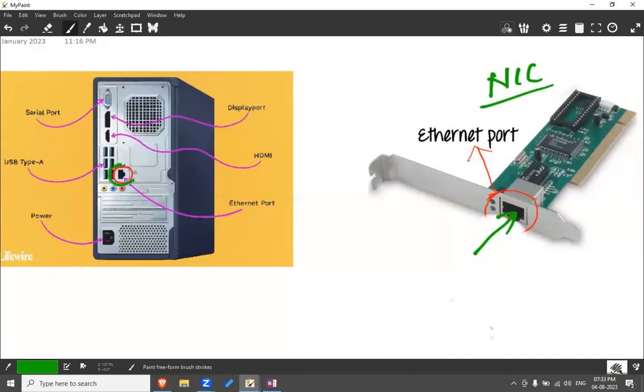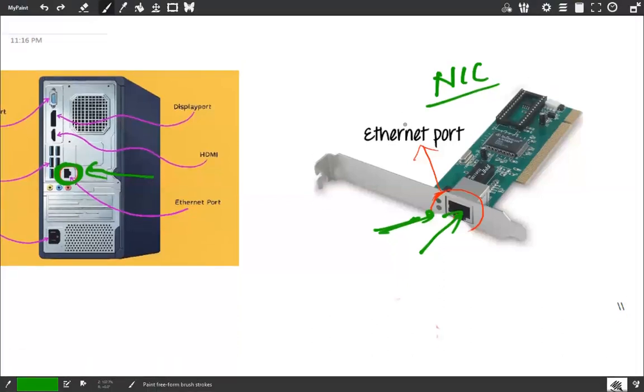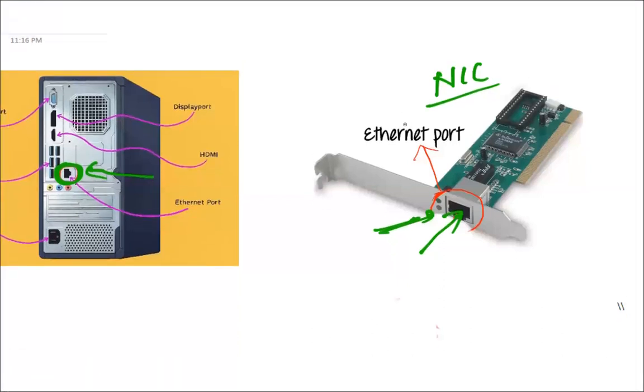Can you see this? This is what you see here, which means when you open the CPU, you'll be able to see a component like this, which we call the network interface card. And the role of this network interface card is very simple. He is the one who basically,